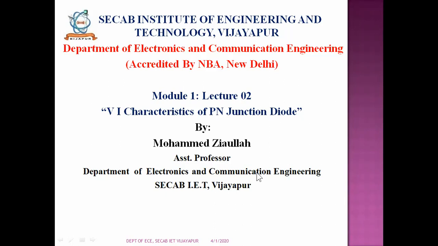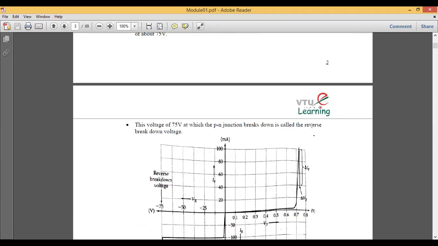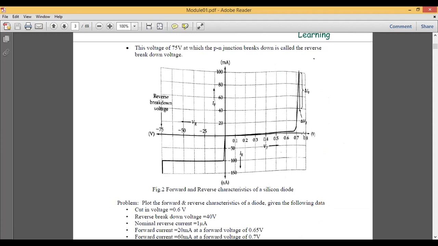If I change the value of voltage applied to the PN junction diode, what will be the current ratings? When we study the VI characteristics of a silicon diode, we will not consider the germanium diode. In the VI characteristics, we will see how the diode works under the forward bias condition and under the reverse bias condition. Before starting, let me show you figure number 2,